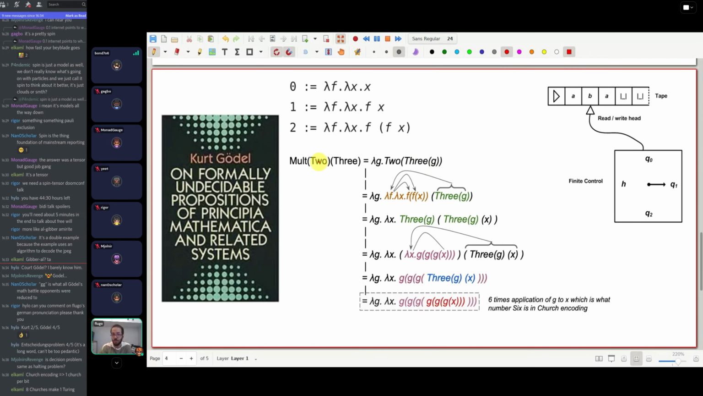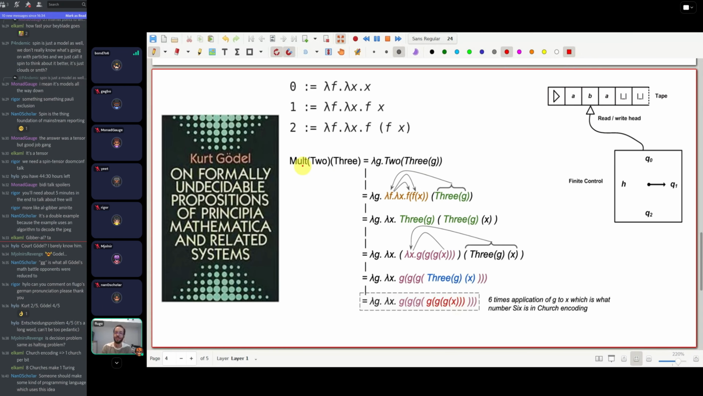And then if you give it two of these formal things, for instance, 2 and 3, and you just work things out, following the rules of the system, which I haven't given, but which are kind of natural. In the end, what you get is the thing which takes as input a function and returns a function which takes as input an input, and then applies the function 6 times to the input. So this is the representation of 6. So in our little system, we have managed to represent